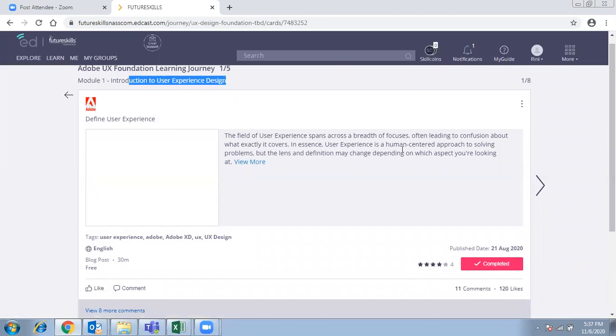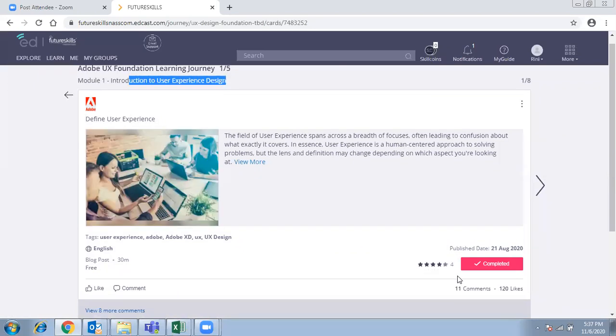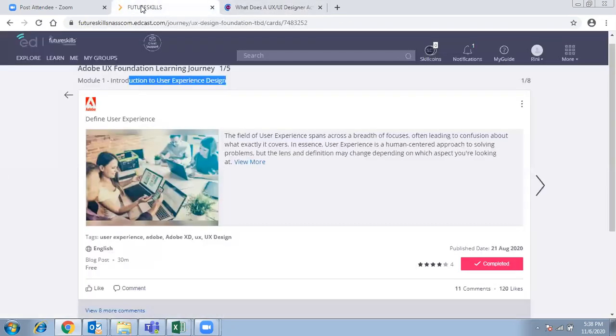Now you can see here it's written completed. Why? Because I've already gone through this smart card. But those who are new, you can see it's written mark as complete, but you can't click on this button. For that, you need to click on this view more. It will take you to one other page where there will be an article which Swati will be taking up in her class.